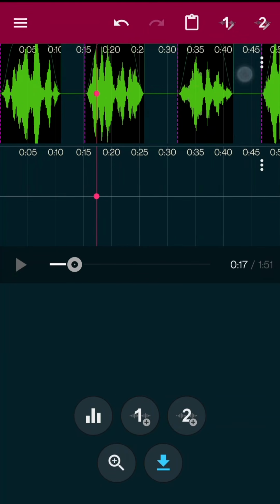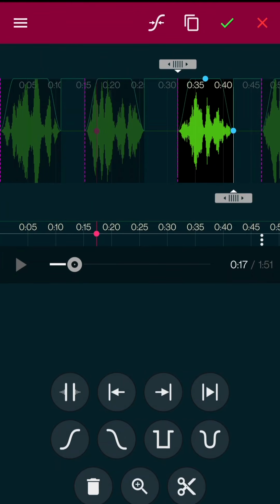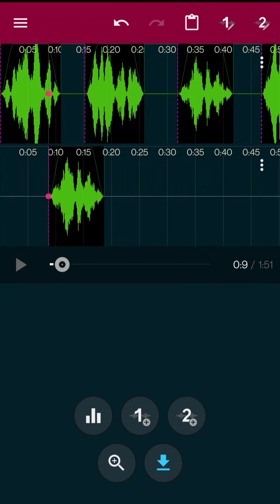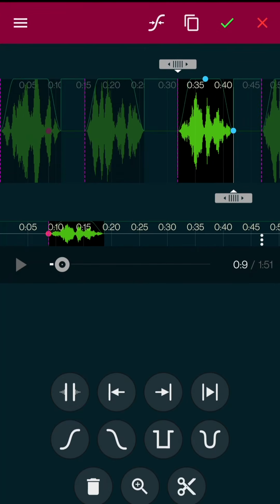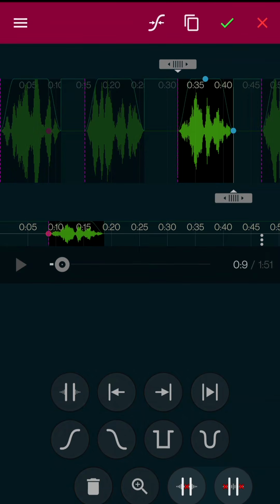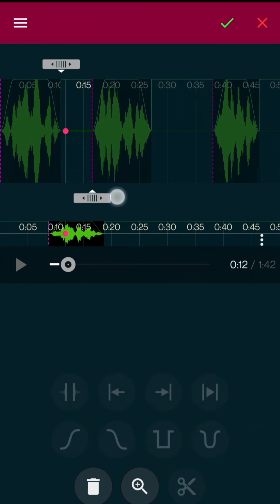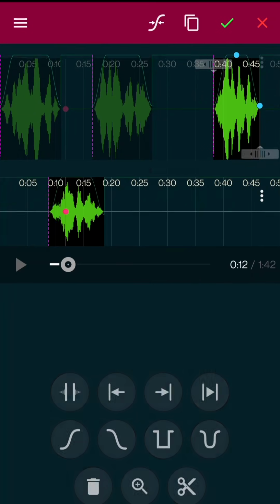Now we will move down the third piece to track 2. We select the piece that we're going to move, copy it and paste it on the second track. In this case, we are going to place it right where the fade out of the first chunk begins. We delete the piece that we've just moved. We adjust the start of the third piece so that it overlaps with the end of the second piece. We follow the same steps for the last piece.